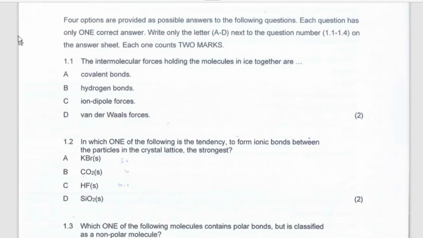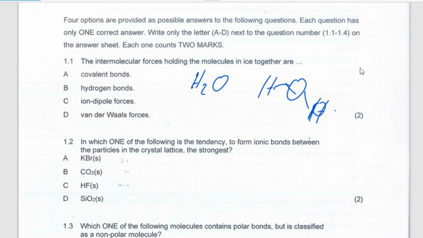The intermolecular forces of attraction holding the molecules of ice. When you talk about molecules of ice, it means that you're talking about H2O. Don't forget that H2O is like that, and then another H2O